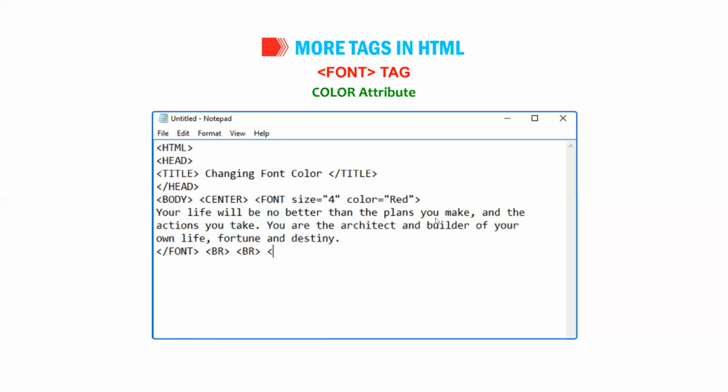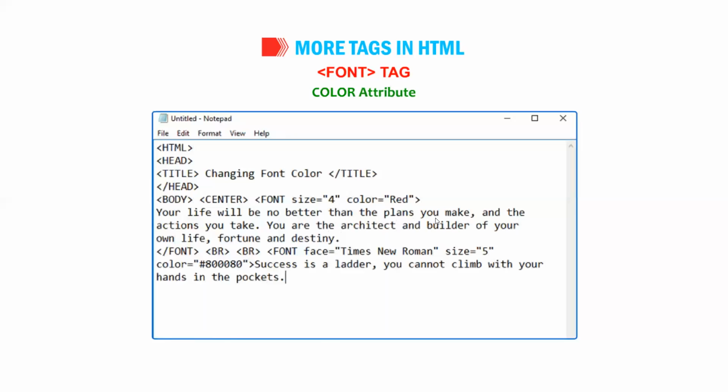<br><font face="Times New Roman" size="5" color="#800080"> Success is a ladder you cannot climb with your hands in the pocket. </font></center></body></html>